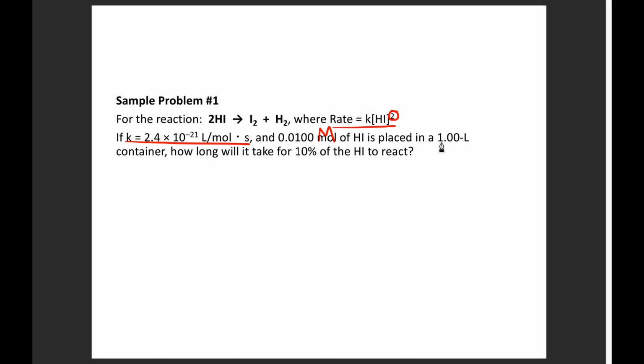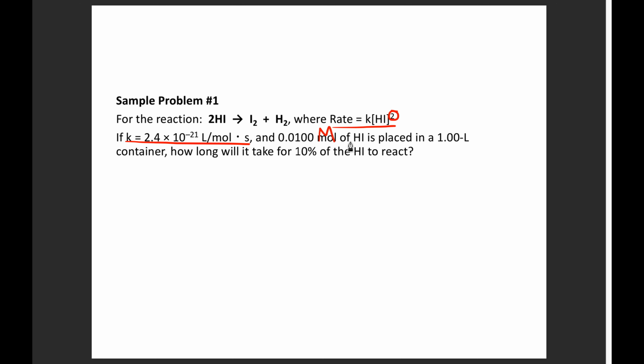Now, if this had been a different number, 1.5 liters, for example, then you have to divide. You have to take your 0.01 divided by 1.5 to get your concentration. Because remember, these equations are working with molarity concentrations. So we want to make sure that we're always using those concentrations in the equation. All right, so in this case, it was kind of nice. They left it at 1 liter, so that basically tells us that we have 0.01 molar